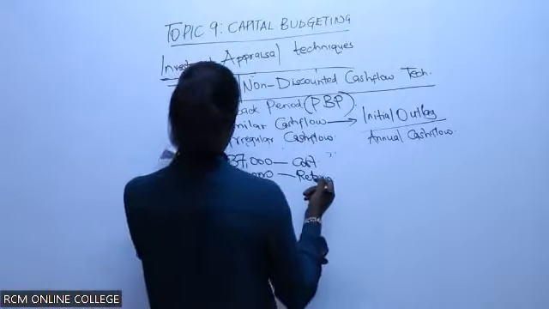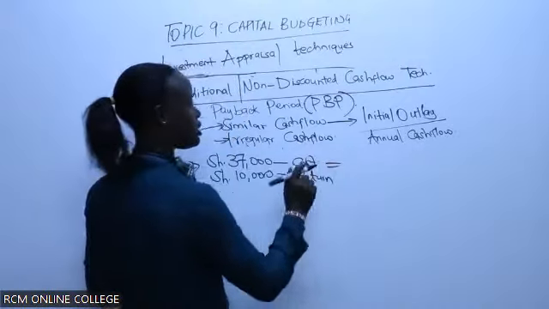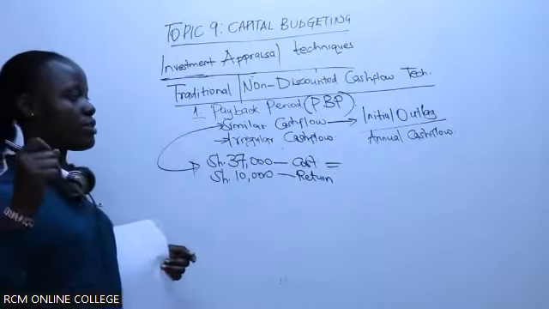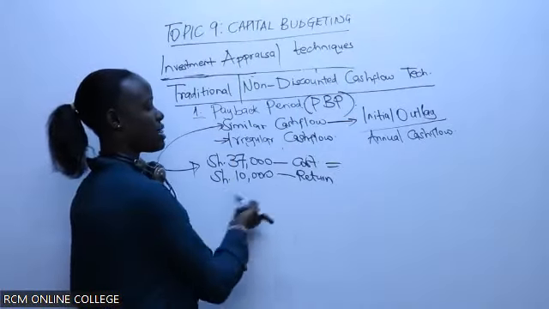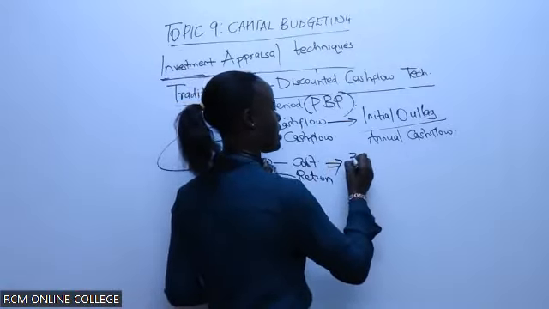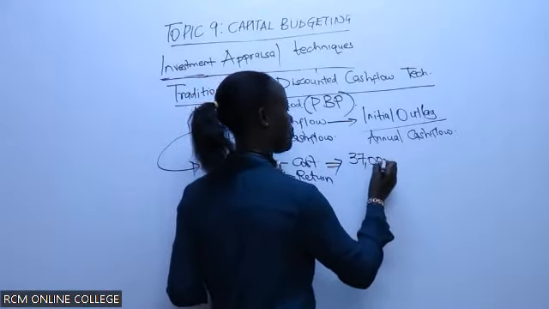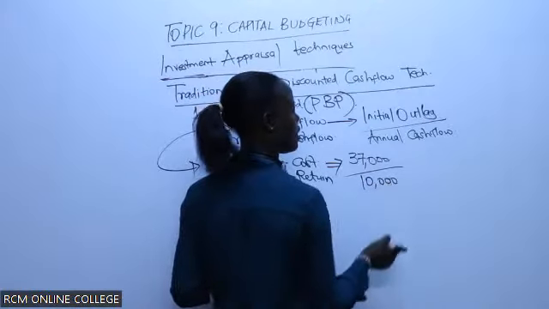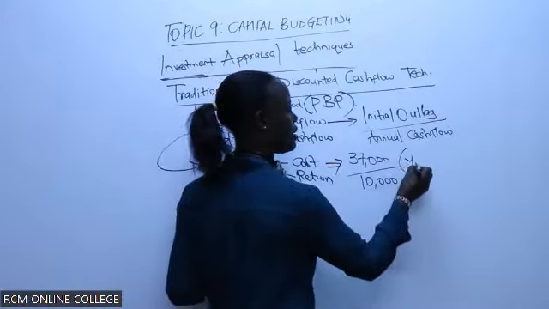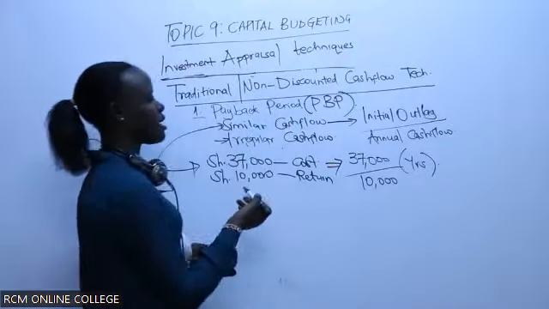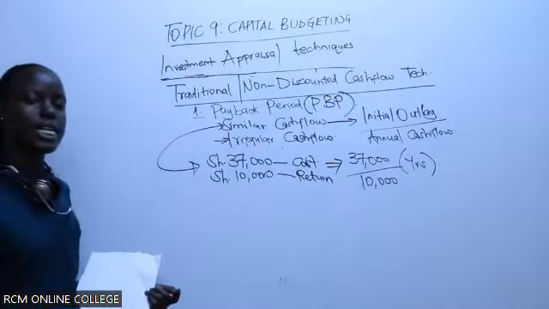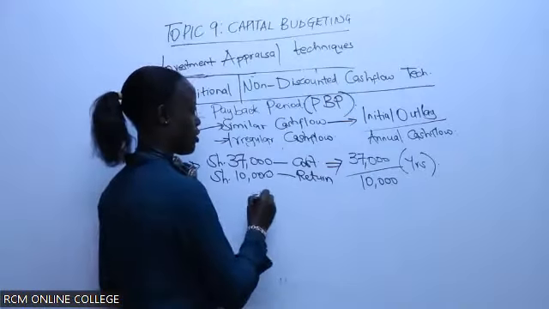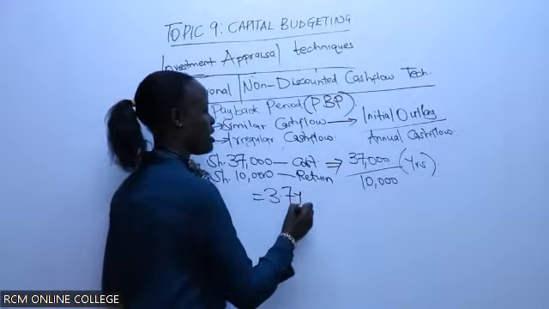And for this, we said it's very direct. You take your cost, the cost of facilitating the project to its completion, and you divide by the return. In this case, you'll just take 37,000 and divide by 10,000. Your answer will be in years. Remember, it's 10,000 per year, so 10,000 is equal to 1 year. Now, what about 37,000? You're going to get 3.7 years.